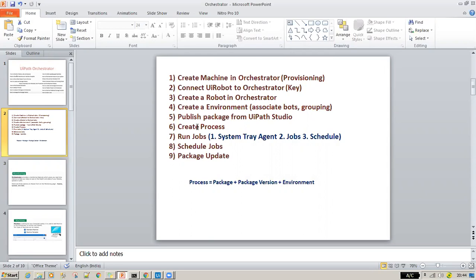Apart from this, it lets you manage the creation, monitoring, and deployment of your resources in your environment. So let's get into each of these components practically and see how we can configure this Orchestrator on the machine.